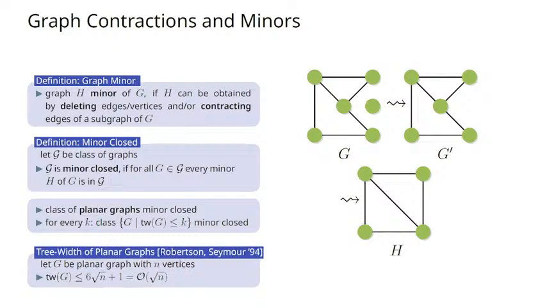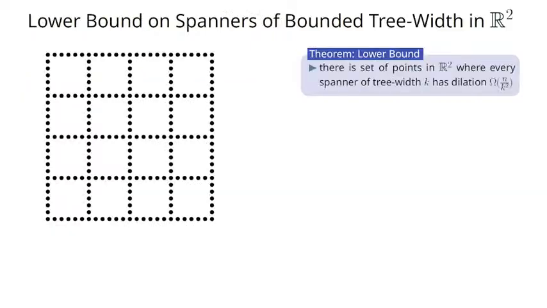So now our aim is essentially to get a trade-off between dilation and tree width. That is the trade-off we're looking at from now on. Considering that trade-off, first the lower bound. If we want to have tree width k, then we cannot, in general, expect a dilation better than n divided by k squared. There is a graph, this graph here, and its generalization. This is now in 2D, but more dimensions come on the next slides.